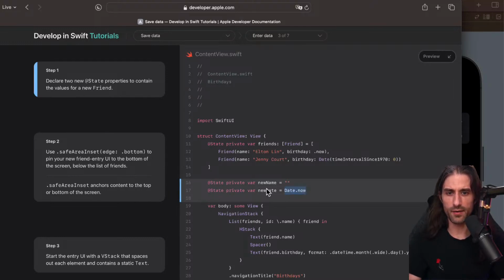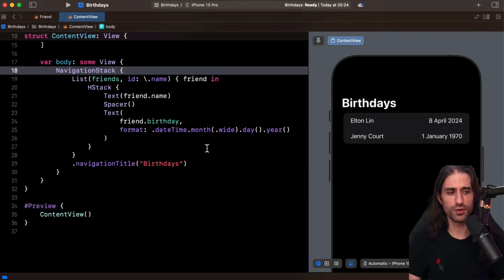So we are declaring these two @State properties. I'm saying this because in a real app, you would probably move this to a dedicated view, because you can see that we're starting to add a lot of responsibilities to this content view. It displays a list. It also allows you to create a new item of the list. So that's why in a real app, if the addition is complex, you would add a new view that you present modally, or if it's very simple, then allow the addition inside the main view.